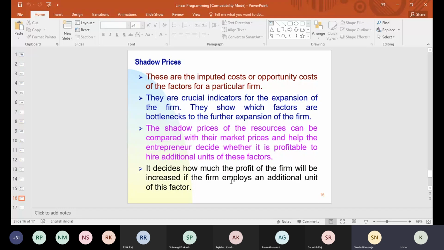But your story does not end here. Why? Here comes your shadow price. Means, is there any better alternative utilization of these resources? Opportunity cost. Opportunity cost of utilizing this labor will come into picture now. What is the next best alternative of utilizing that labor? Suppose there is another alternative where this labor can contribute equivalent to 500 rupees. Then the opportunity cost of utilizing this labor in your present work is 500. Is it not? So you are supposed to consider even those aspects also, and accordingly you are going to take a decision.